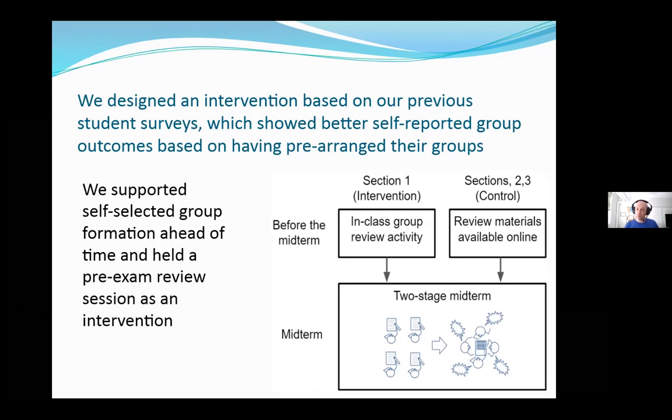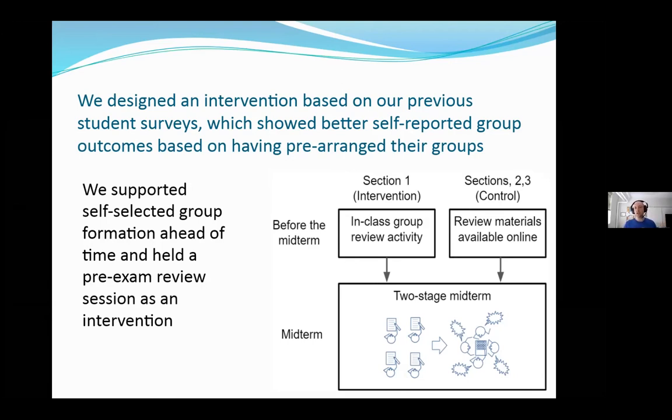And two, if they said that they engaged in consensus decision-making within the group, so instead of just voting and picking that answer and moving on, everybody kind of had to agree on the answer before they actually chose it. Those were two of the markers. So we wanted to look at what supporting self-selected groups could actually do to improve this for the whole class instead of just those students who had a good ability to form those groups ahead of time.